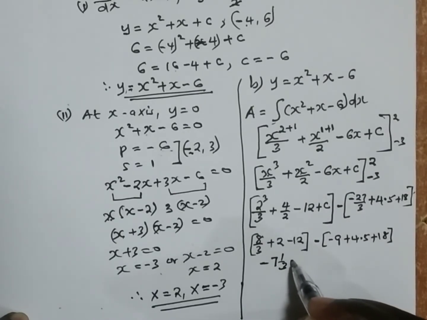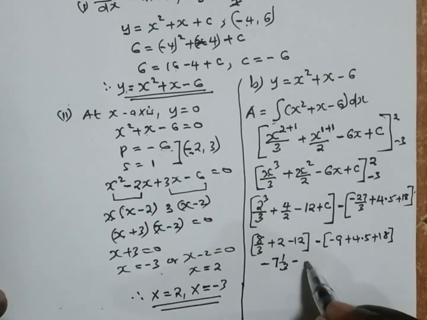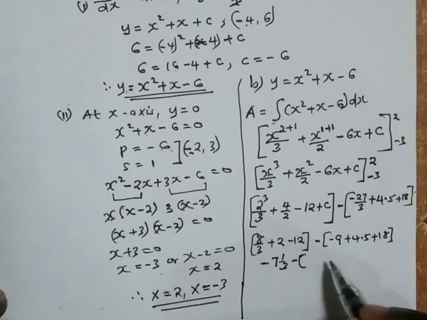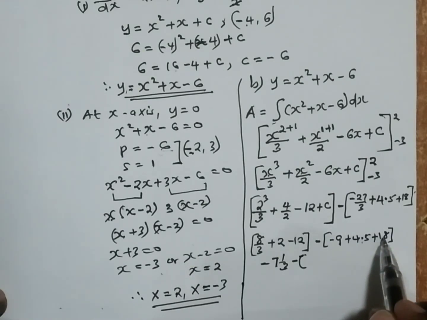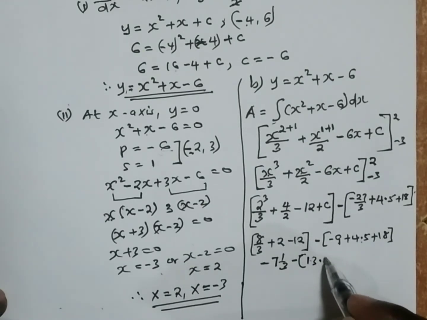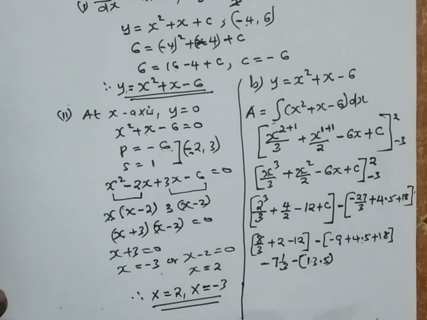We minus, so we have negative 9 plus 4.5 plus 18, giving us 13 and a half, which is the same as 13.5. Lastly, we are going to have negative 7 and a third minus 13.5, giving us negative